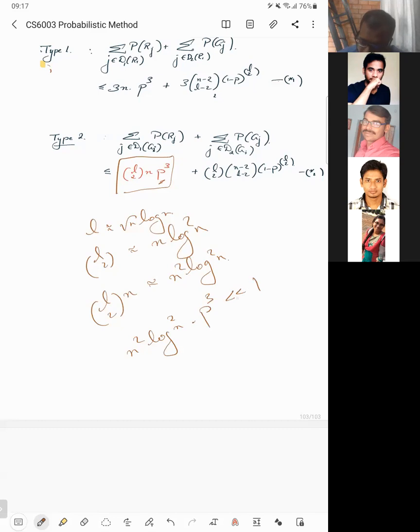In particular, approximately, I'll say much less than 1. But what does this tell about p cube? N squared, correct. This says that p cube has to be much less than 1 by n squared log squared n,